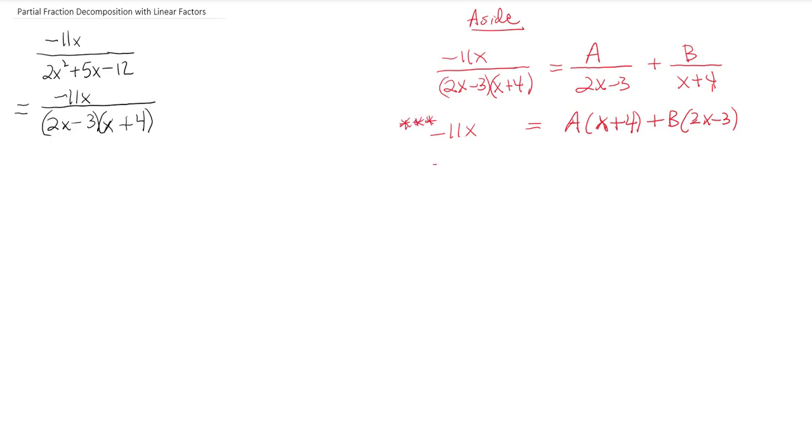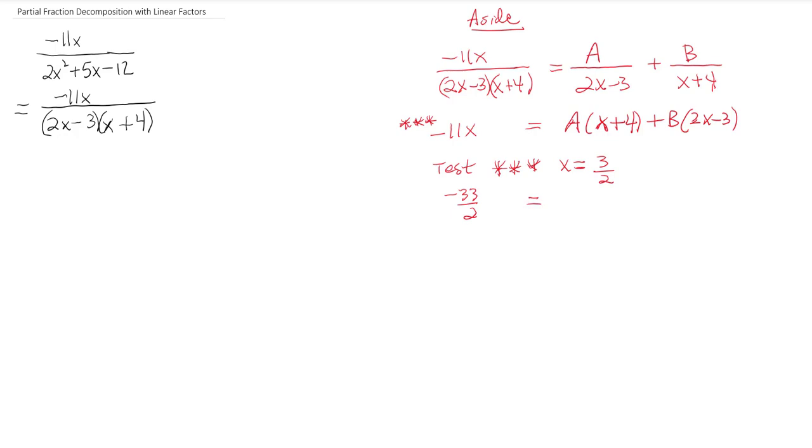With linear factors, it makes sense to try to test this equation. And what do we mean by that? We're going to test it by giving some x values. So let's test triple star with x equals 3 halves. So when x equals 3 halves, triple star becomes this equation, negative 33 over 2